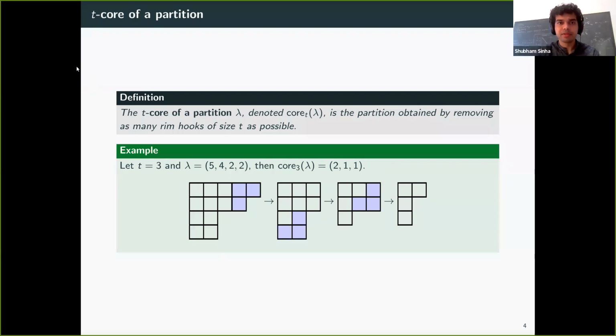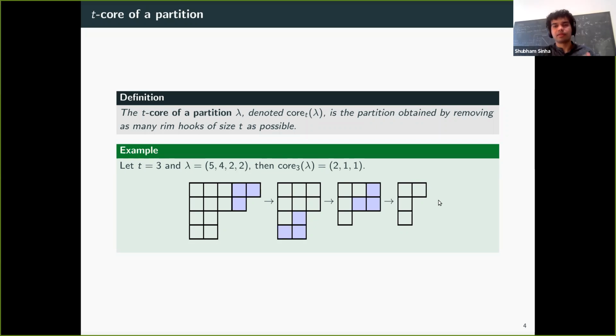So let me introduce the T core of the partition. Given a partition lambda, a T core is a partition obtained by removing as many rim hooks of size T as possible. So for example, when T equals 3 and lambda equals (5, 4, 2, 2), the 3 core of lambda is (2, 1, 1), where I have shown a sequence of steps of removing a size 3 rim hook, to obtain a final partition where there is no cell